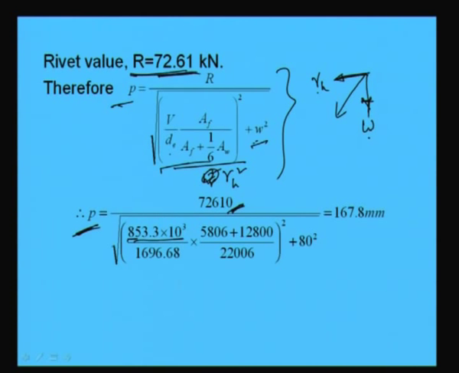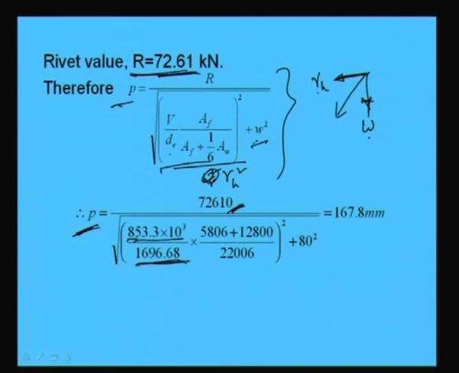V by dE. dE also we have found; dE is the distance between the CG of the top flange and the CG of the bottom flange, that is, the CG of the compression flange to the CG of the tensile flange. That is calculated as 1696.68. Then 5860